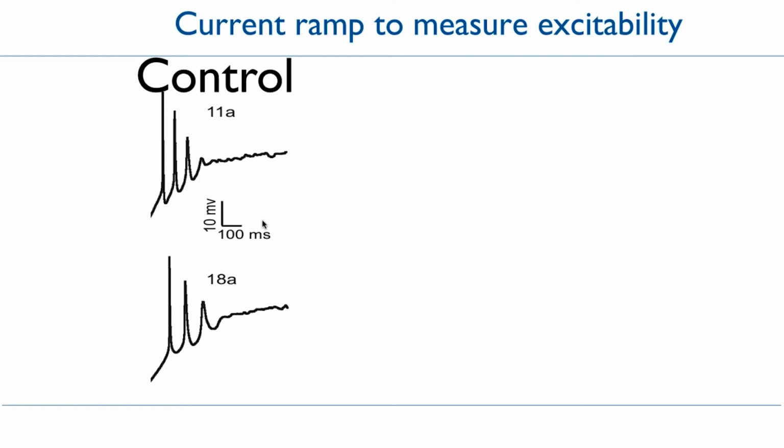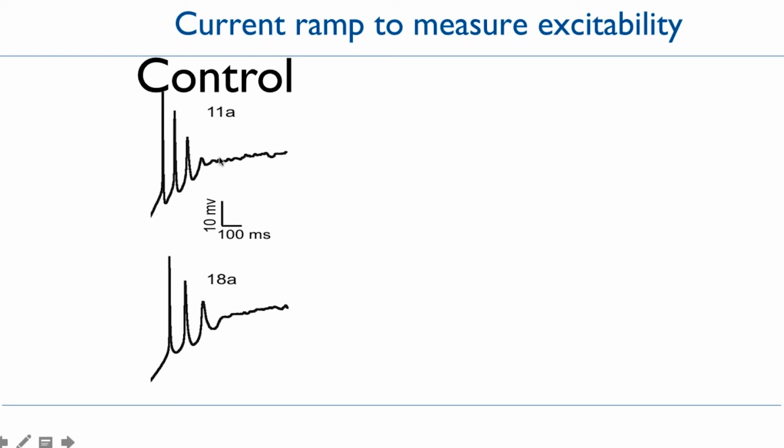And when we began patching large numbers of the motor neurons that came from controls and patients, we began to observe a pretty substantial difference that was really apparent even from the earliest time that the cells became active in culture. And here on the left side, what you can see are electrophysiological traces in current clamp, where you're looking at the changes in voltage as a ramp of current is injected into those cells to induce them to fire action potentials.